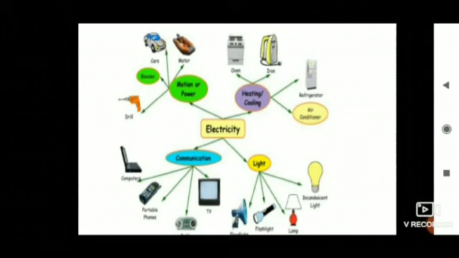Students, you all can see the picture. Yes, different electrical equipments you can see. All these electrical equipments are essential in our day-to-day life. Our life is totally dependent nowadays on all these electrical equipments. Some equipments work on battery, some equipments work on current electricity. Now what is electricity? How does this electricity or current flow? That all we are going to learn in this lesson, current, electricity and magnetism.